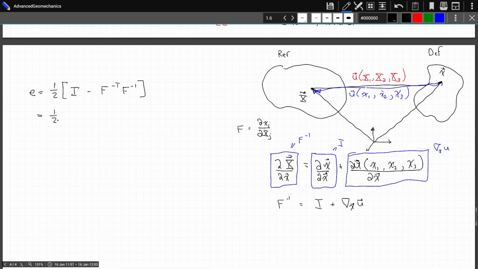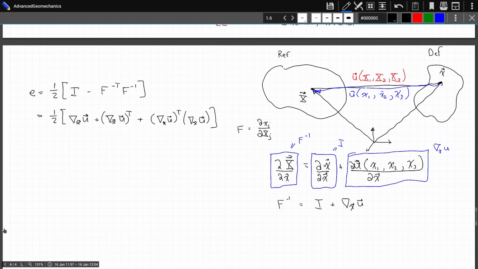So 1/2 gradient little x u plus gradient little x u transpose plus gradient little x u transpose times gradient little x u. All right, and again,